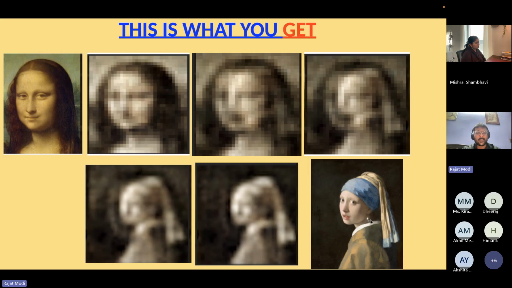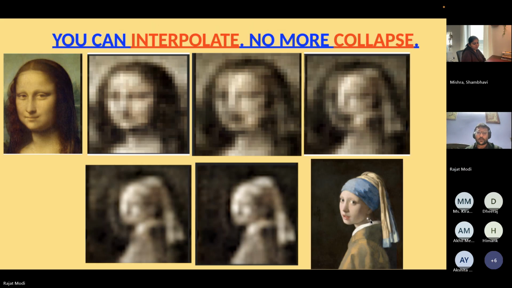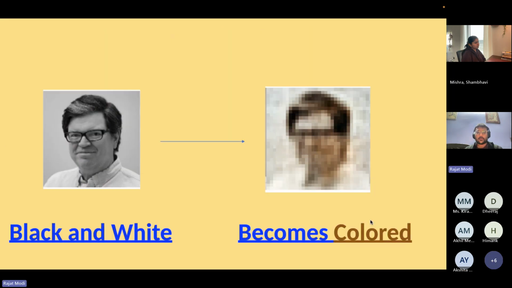So this is very surprising because we didn't want to build a generative model, and this is just a side effect. So what I'm trying to say here is that you can use the MLP to substitute for what a diffusion model is doing. Another thing which happens is that if you feed a black and white image to the MLP, it becomes colored.